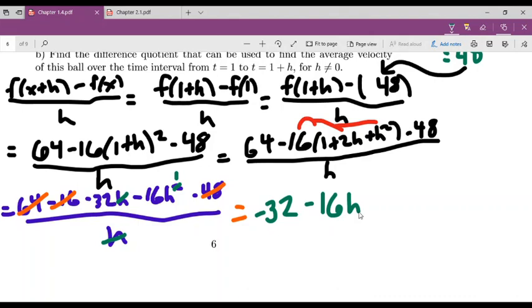Okay, so this is going to be the difference quotient that can be used to find the average velocity of the ball over the time interval from t equals 1 to t equals 1 plus h. So if I wanted to find it from t equals 1 to t equals 3, my h there would be a 2. I could just plug a 2 into this, and what you would find is that if you plugged